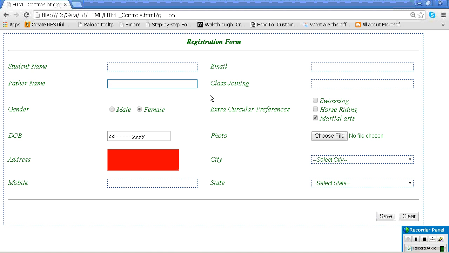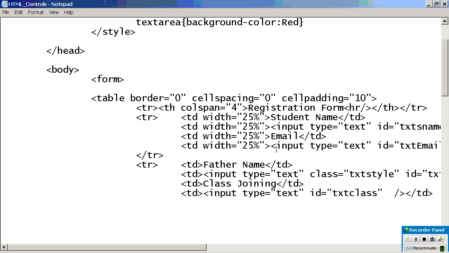There is another type of style. See, what is the disadvantage if you are writing your own style now? You should define your own style and you should attach it by using class. Imagine you have a control which has some unique ID. For example, GDL city. This has an ID, right?